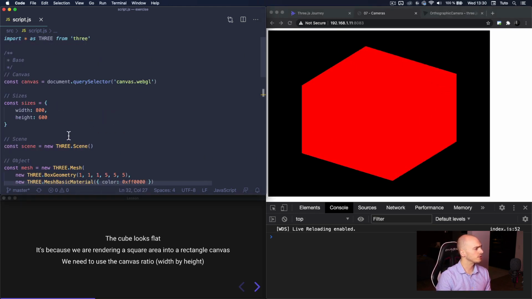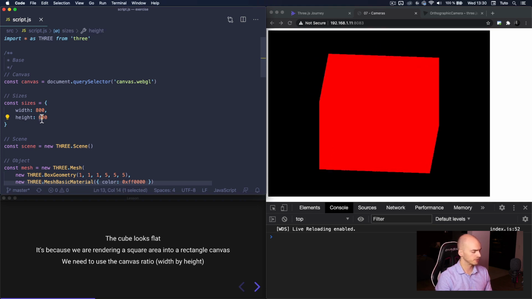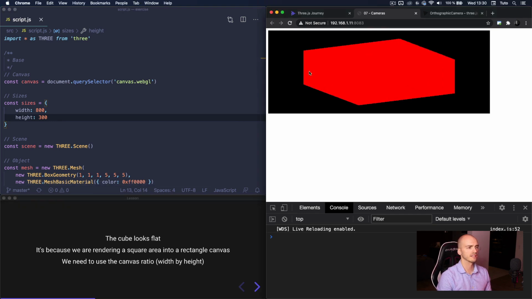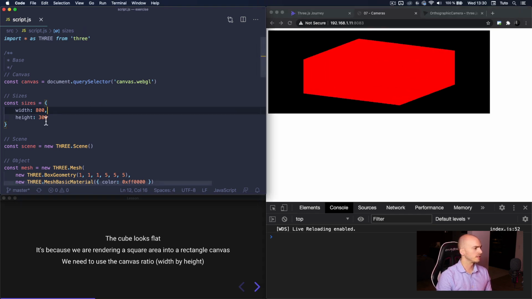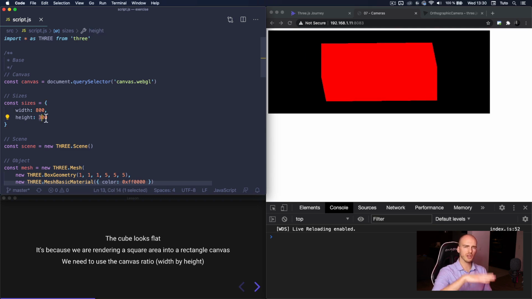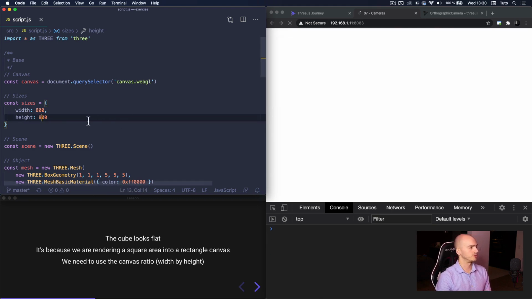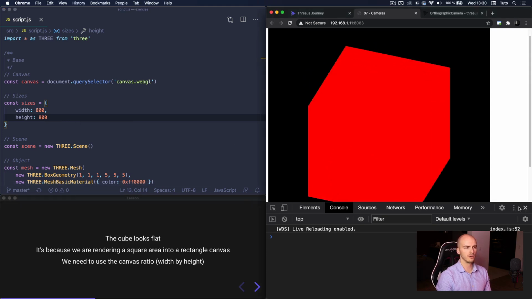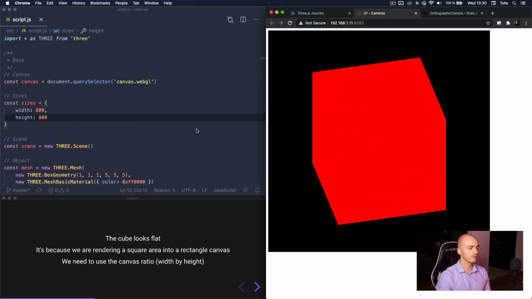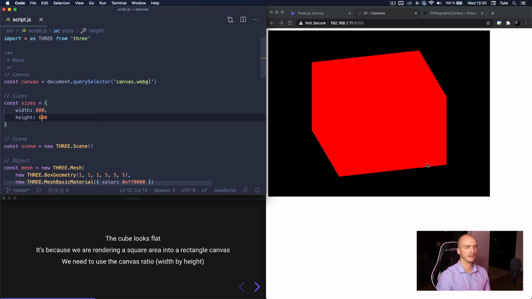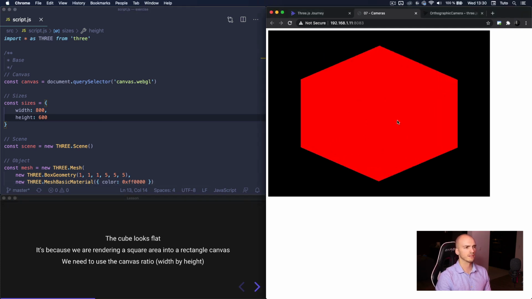And actually, I can show you even more. Don't do it, but I will show you this. Let's put a smaller render on the height. Yeah, that's the problem. It seems that the size of the canvas is stretching our cube. If I use a square, my cube looks like a cube. That's working fine. But if I use something else, like say the 800 and 600, I get a bad result